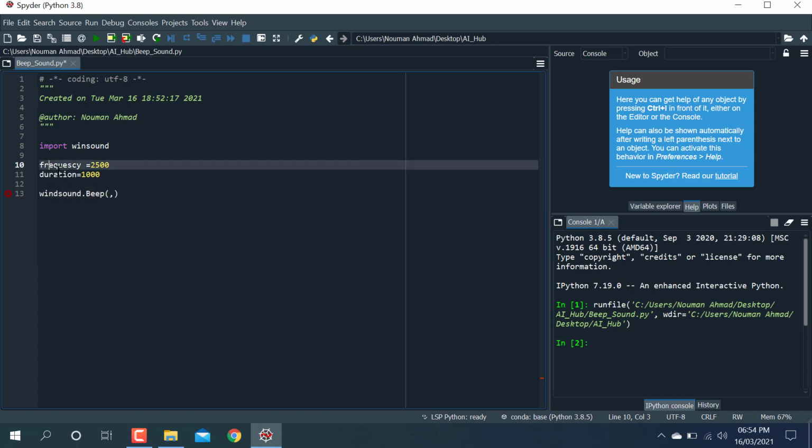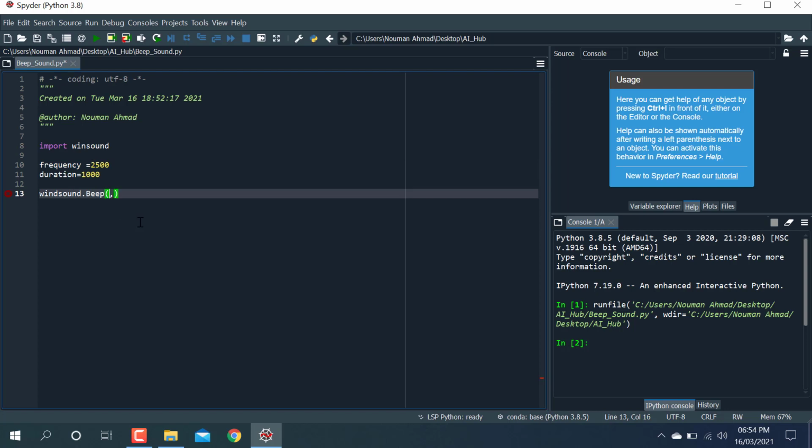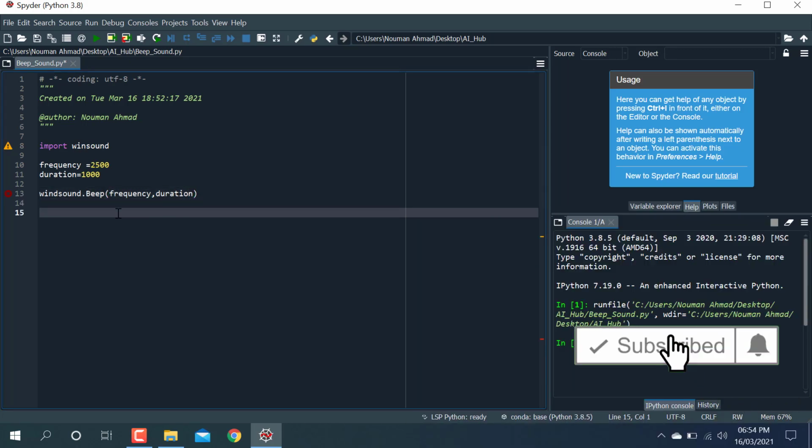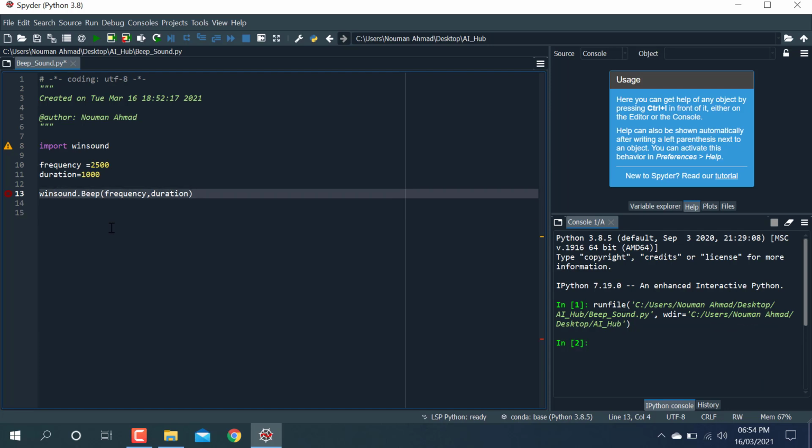Frequency, let me correct the spelling. Here I'm passing frequency and the second one, duration. So here is duration. I have just passed this to winsound. So let me correct this spelling. So here, yeah,